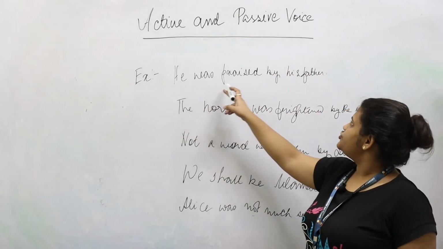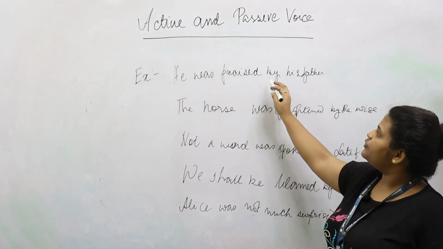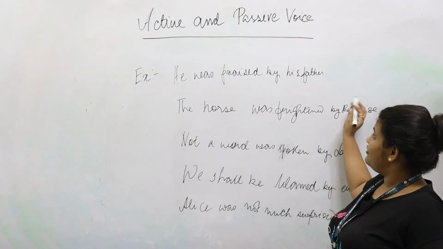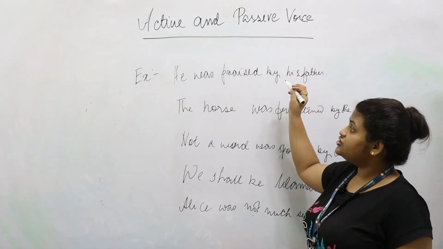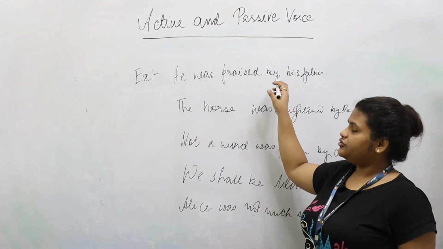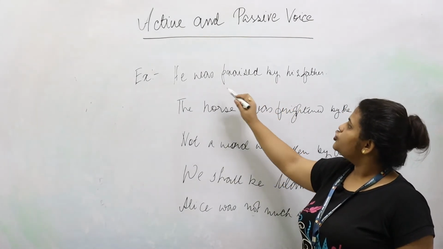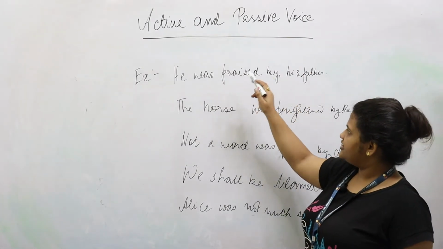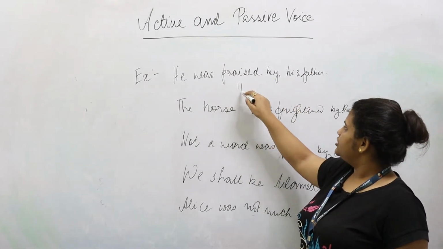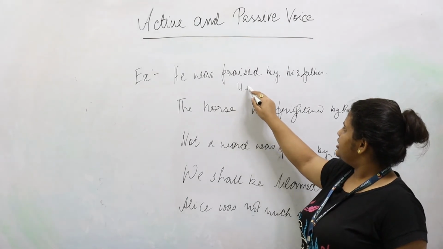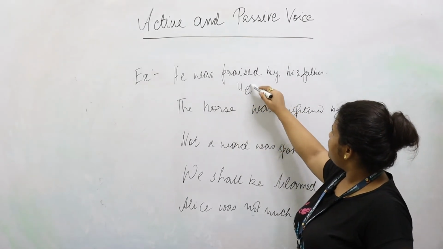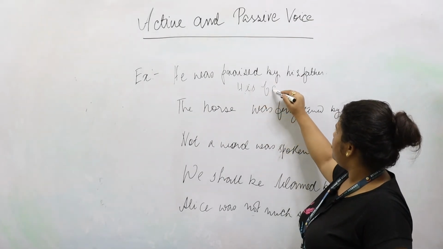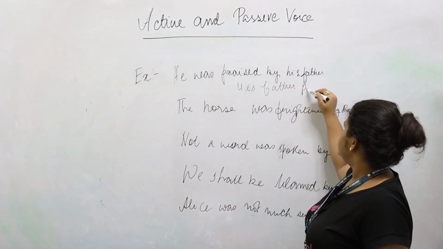Here the sentence is, he was praised by his father. Generally, when we find in sentences "by his father", "by his friend" or something which is talking about an agent, it is an easy identifier to find out that the sentence is in a passive form. So when the sentence says he was praised by his father, in order to transform this into active form, we will say, his father praised